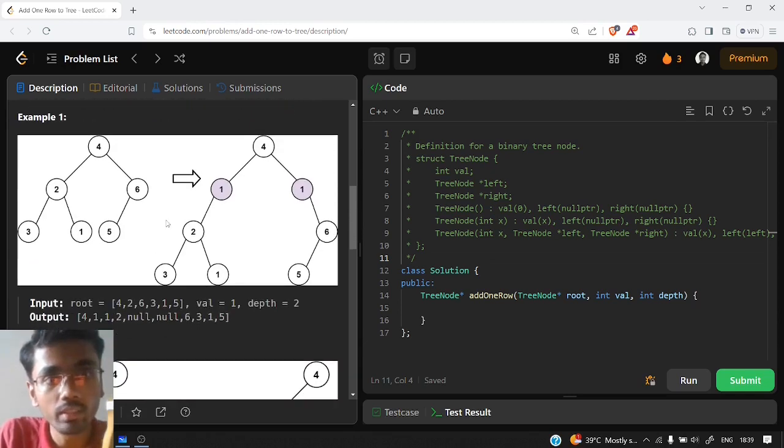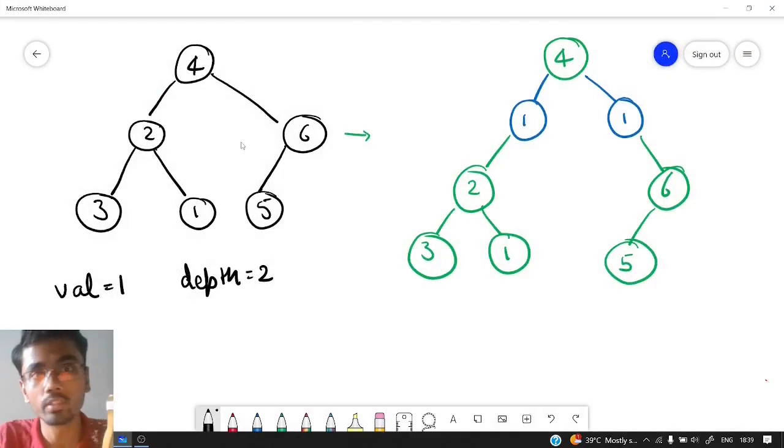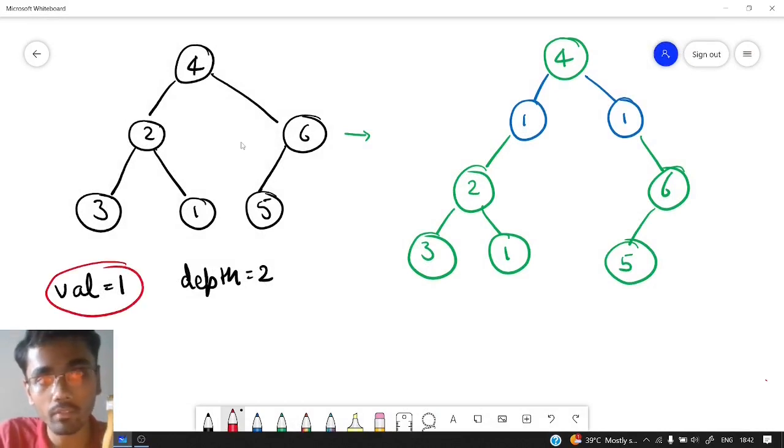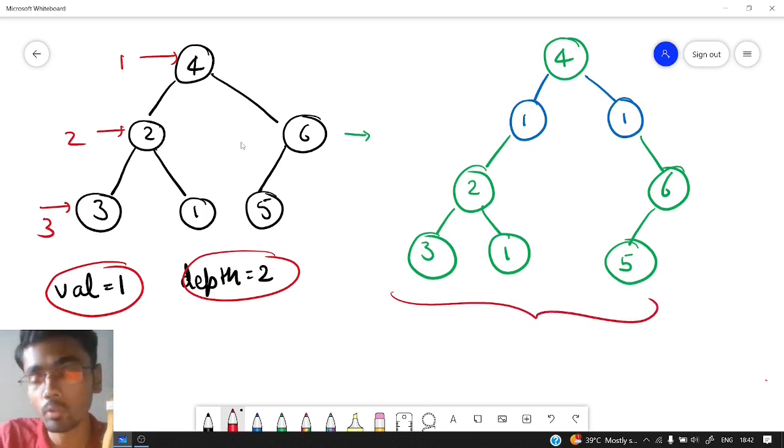So let us see this first example and try to derive a solution out of it. This is the binary tree that they have given in the first example, and the values they have given are val equal to 1 and depth equal to 2. So this is the first depth, this is the second depth, this is the third depth. After applying all the operations by the given rules, this is the final output binary tree.